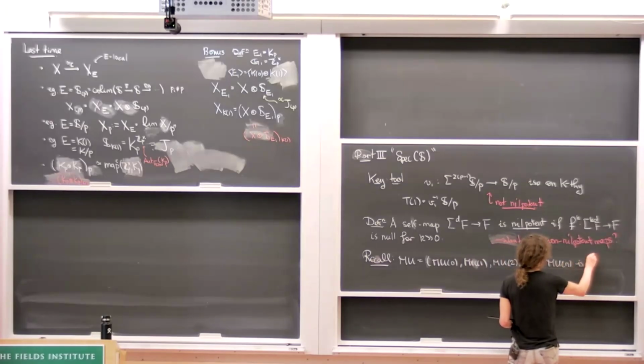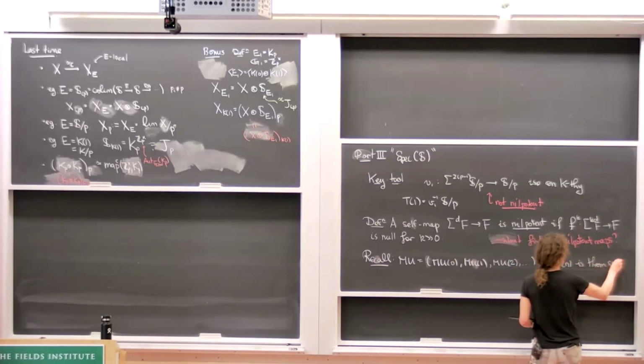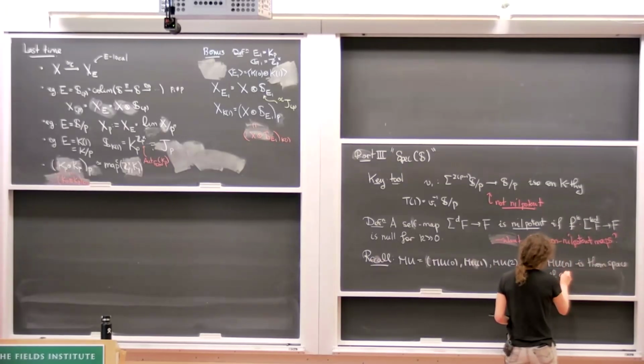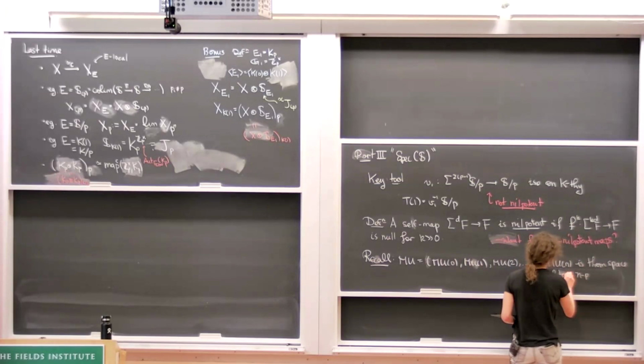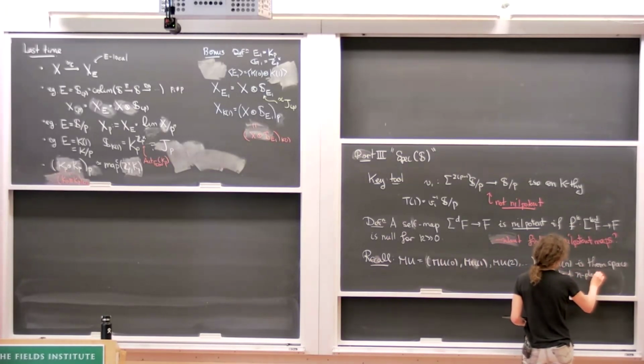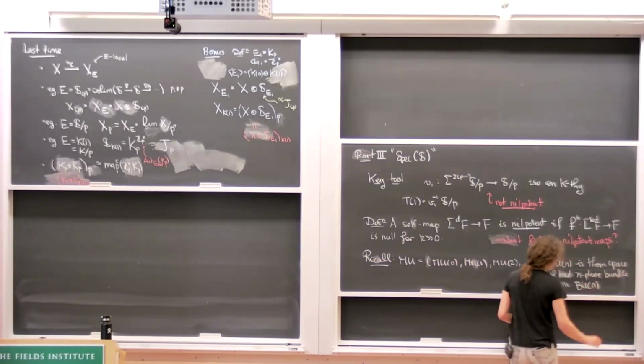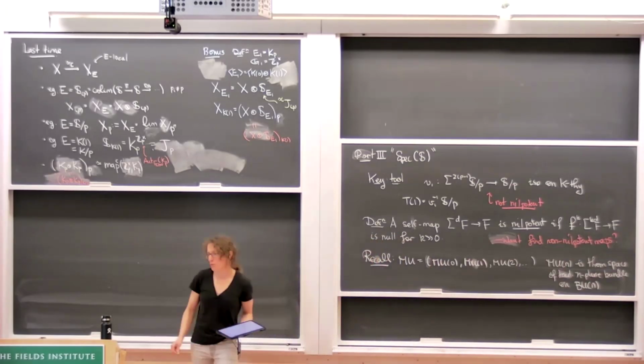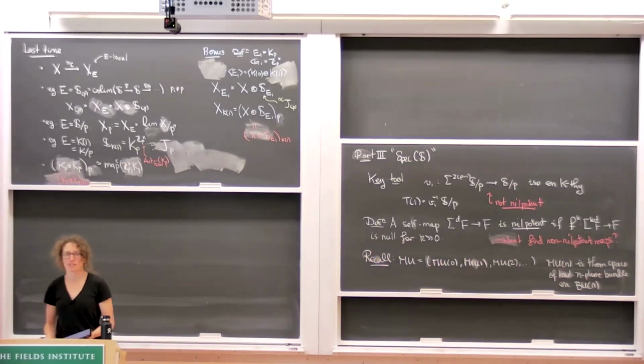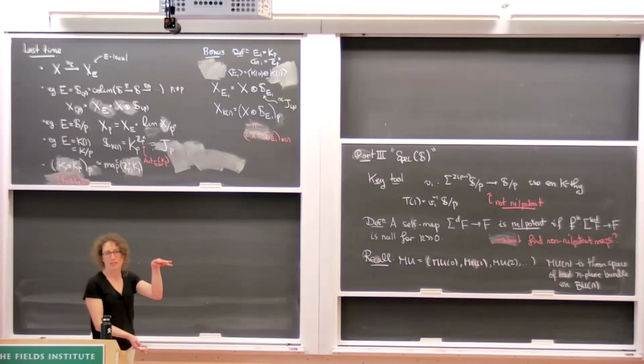It's the Thom space of the canonical n-plane bundle, or the tautological n-plane bundle, over BUn. Okay, so BUn is a Grassmannian of n-planes in C infinity, so it has a tautological bundle, and